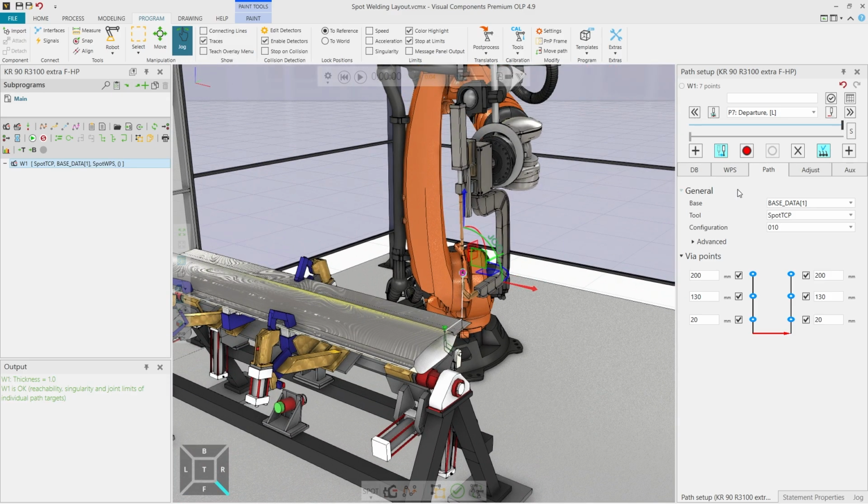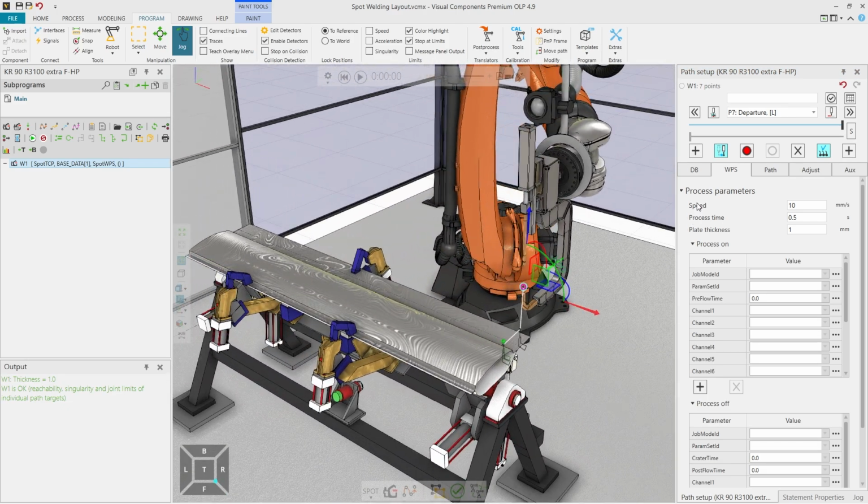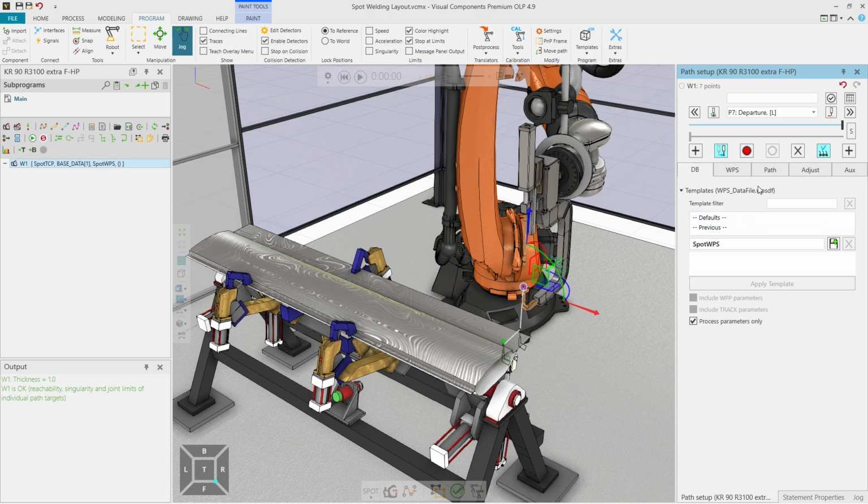Last step would be to set the welding parameters correctly, and these are always custom depending on the actual installation and the application in this robot cell. In this case, we could set the suitable closing speed, process time, and plate thickness so we can provide the correct parameters for the actual robot. You can see an example set of parameters that are necessary, for example, for a KUKA controller in this case. When we have set a suitable set of parameters, we can set these ones to the template list.